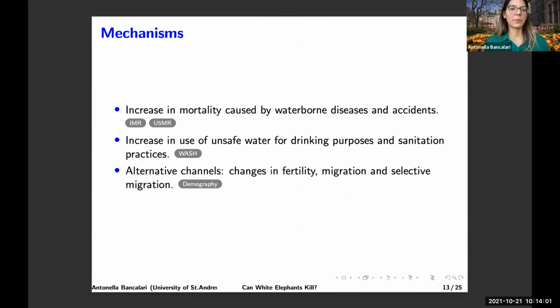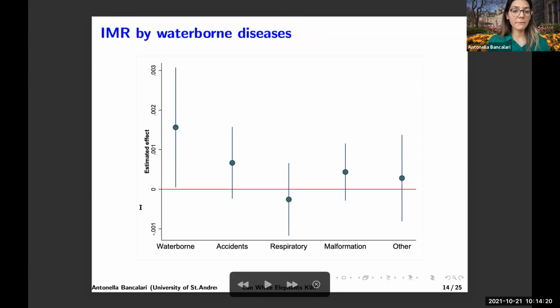Now, you might be wondering a little bit about the mechanisms, although I think that picture that I showed at the beginning clarifies a lot what's going on. But I'm going to focus essentially on showing you now, for the interest of time, the mortality by cause of death. So you can see here that while infant mortality, essentially, the whole effect is driven by waterborne diseases. And we have to consider that infants in Peru, many of them are actually not exclusively breastfed during their first year. So they are taking contaminated water because of this detrimental environment.